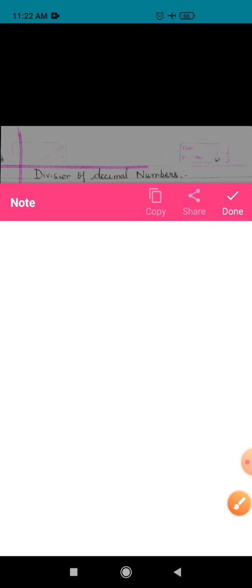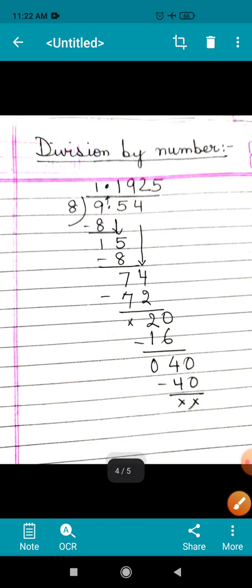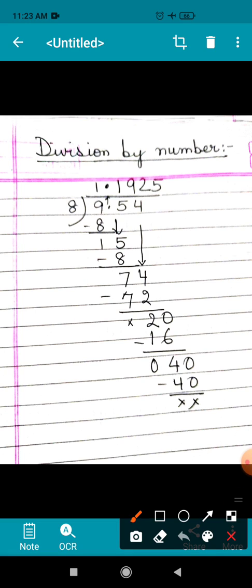Now let us know how we can divide decimal numbers by a single digit number. Children, this is very simple division like ordinary division, but one thing that you have to keep in mind is that you must always put the decimal in the appropriate place. Now let us understand this by an example.